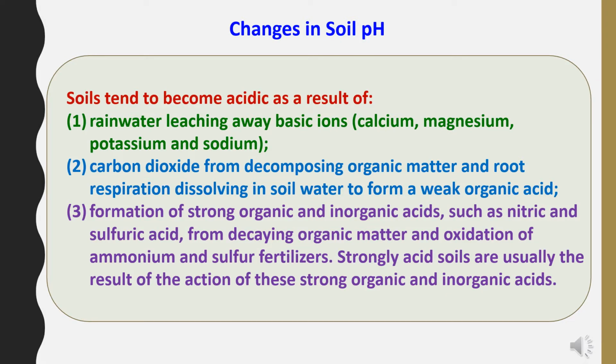Now we will study changes in soil pH. Soil tends to become acidic as a result of, first, rainwater leaching away basic ions like calcium, magnesium, potassium and sodium. Second, carbon dioxide from decomposing organic matter and root respiration dissolving in soil water to form a weak